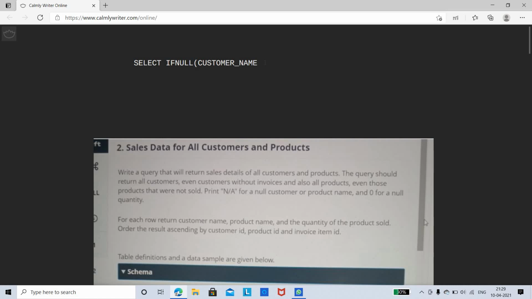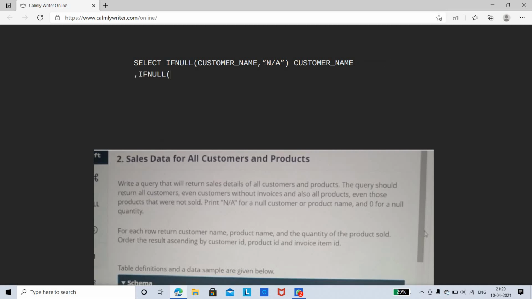So select ifnull of customer_name, NA, as customer_name. Then after that a comma. Similarly for the product, ifnull of product_name.